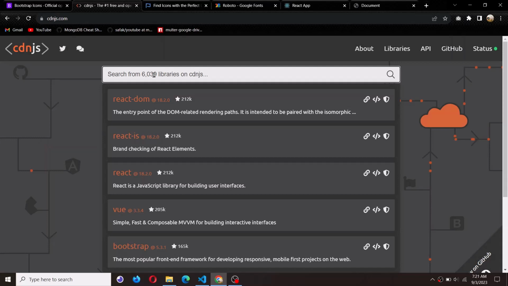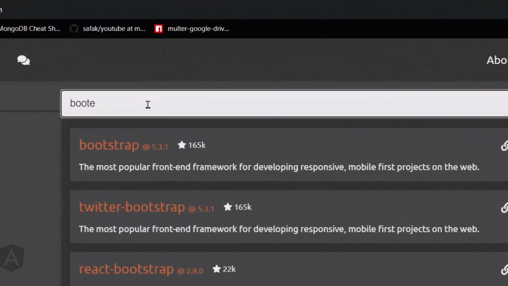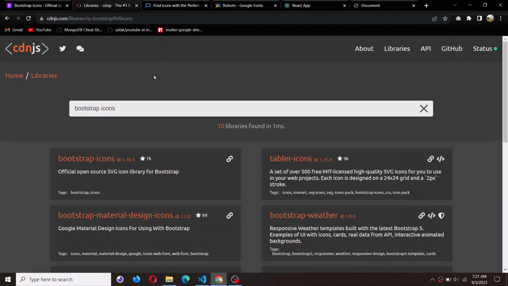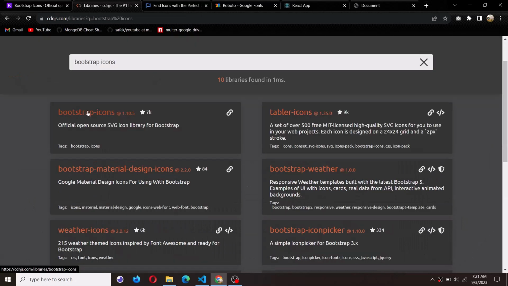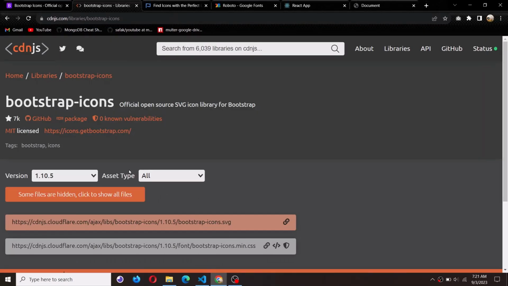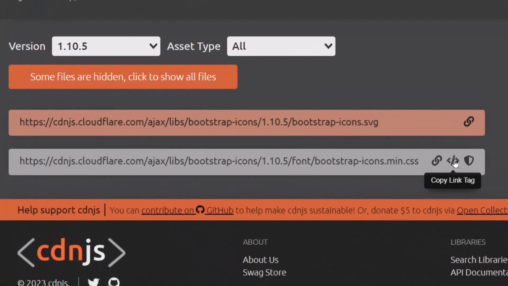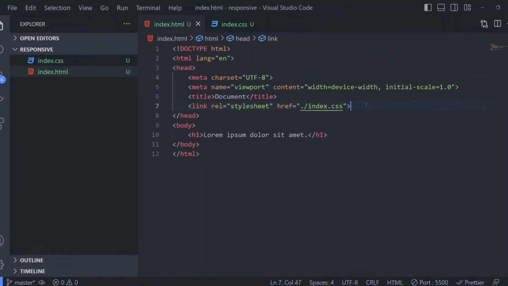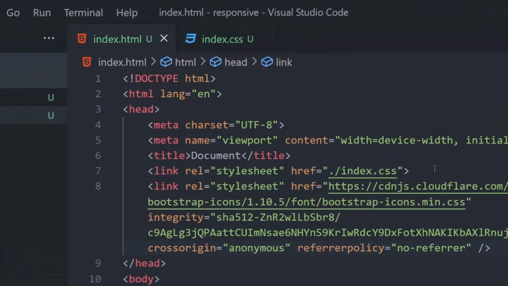So for example, I'll type the Bootstrap icons and then hit enter. Okay, so this is the Bootstrap icons. I'll click on it like this, and once it is opened, I can go ahead and select the second one. So I'll click on this icon here to copy the link tag of this CDN, and then I'll come and paste it right here. I'll show you how this thing works for us in a moment, but let's go ahead